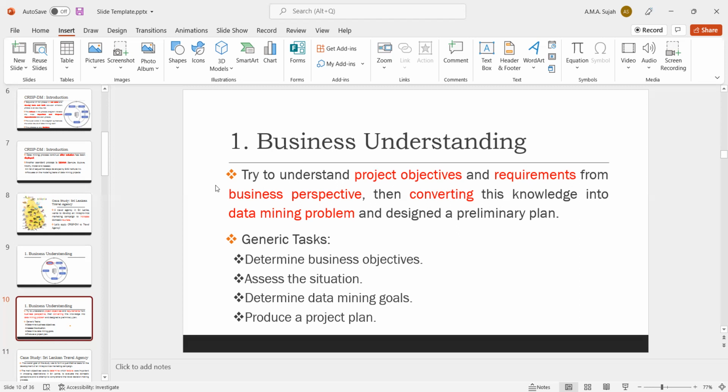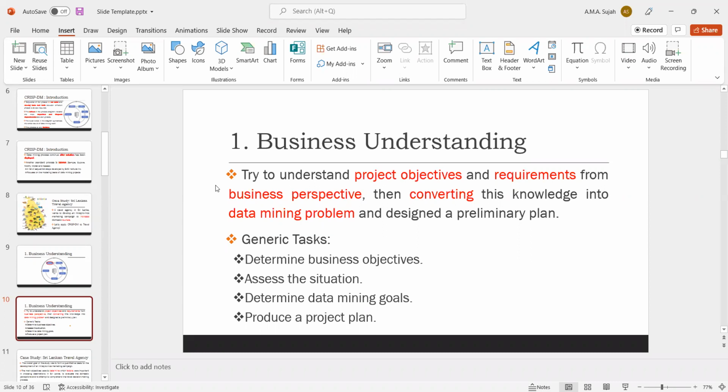So in the business understanding, first of all, you need to know what the different types of places in Sri Lanka are. You need to get an idea about how we can categorize the places, and from which countries people visit Sri Lanka. Everything you need to consider and analyze in business understanding. After that, you are developing the plan.